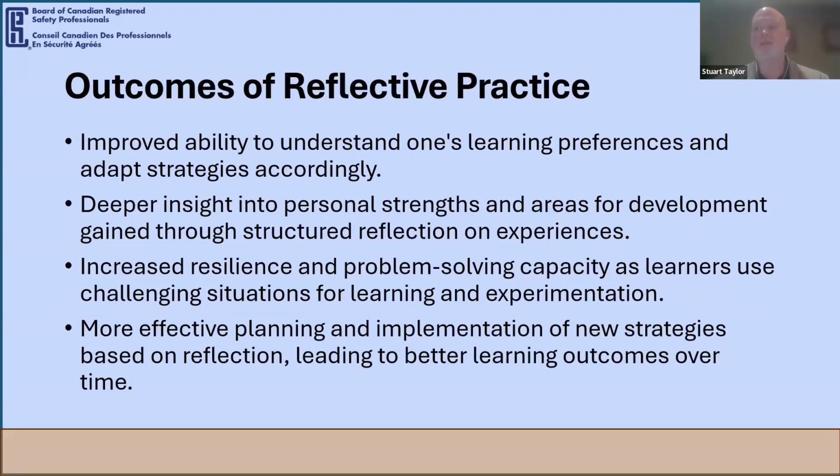When reflective practice is done well, there are several key outcomes. It improves your ability to understand your own learning preferences and to adjust your strategies accordingly. You gain deeper insight into your strengths and areas for development by deliberately examining what happened and why. It can increase resilience and problem-solving capacity because challenging situations become learning opportunities instead of just stressors. Over time, this leads to more effective planning and implementation of new strategies and better learning outcomes in your professional